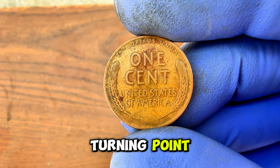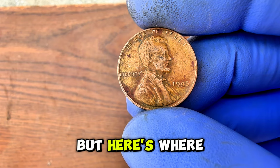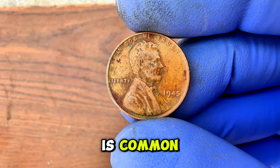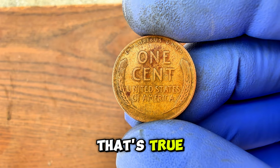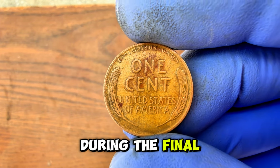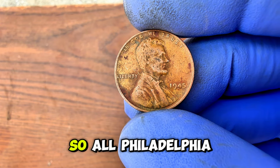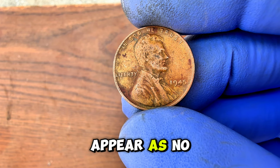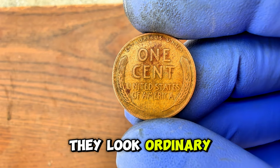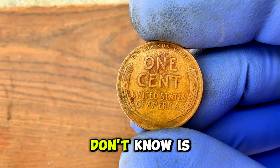That was his turning point. His life changed because he paid attention to a single penny, but here's where things get even more interesting. Most people think the 1945 penny is common. And in general, that's true. The Philadelphia Mint produced hundreds of millions of these coins during the final months of World War II. They did not include a mint mark at the time, so all Philadelphia pennies from this year appear as no mint mark by default. On the surface, they look ordinary, familiar, almost forgettable, but what most people don't know is,